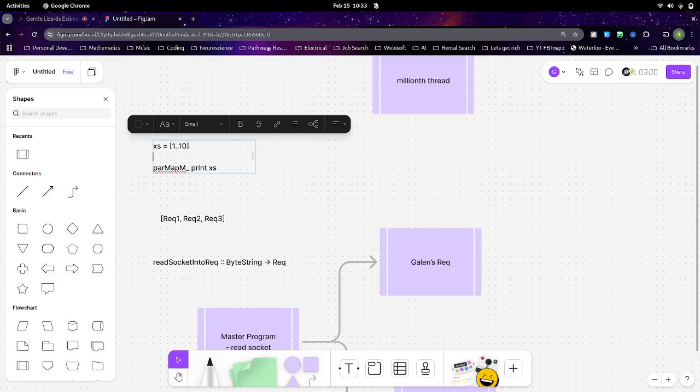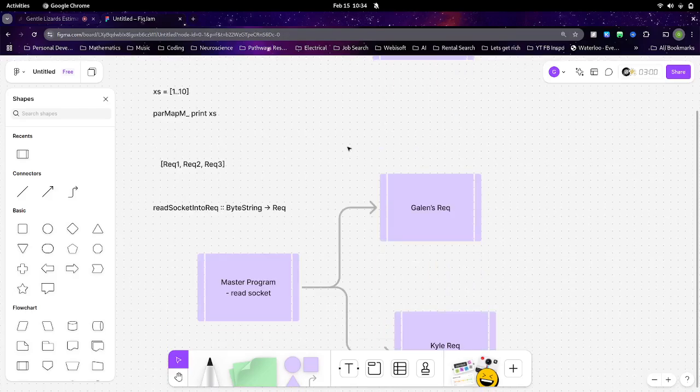Each individual element in the list has nothing to do with the other elements, so I can parallelize that. The point I'm trying to make is that you'll start to notice the patterns in data structures that we have in Haskell, and how they map to something that can be parallelized.